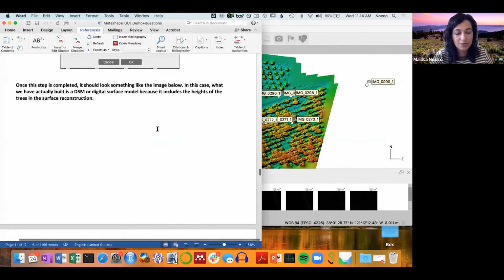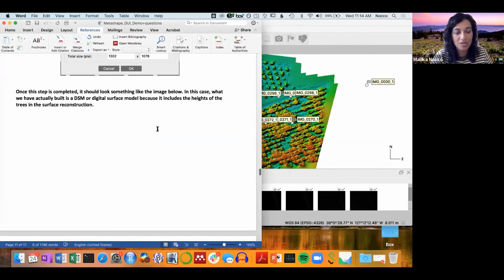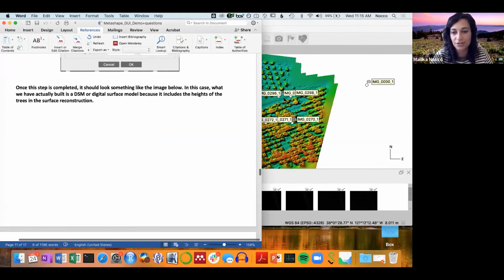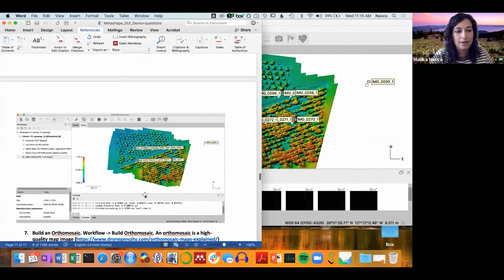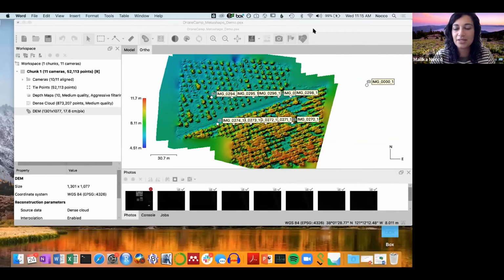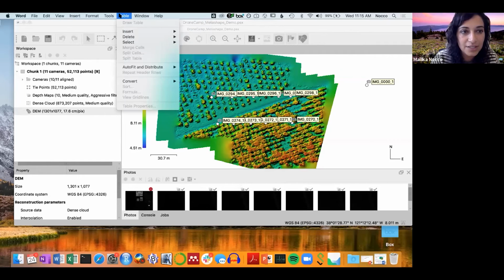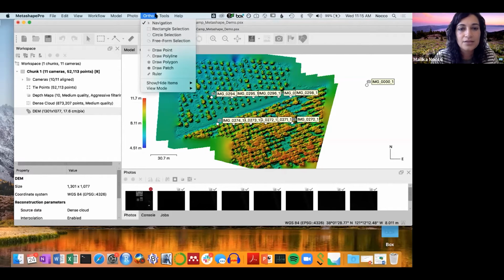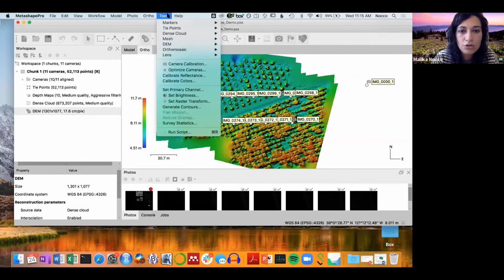Okay, so we also talked about this a little bit. What we have built is a digital surface model. So it includes the heights of the trees in the surface reconstruction. I'm not going to go through and do this now, just in the interest of having some time, but I am going to pause and show all of you, for those who are interested in canopy height and these types of calculations. Oh, I'm at work. Okay. So if you go to